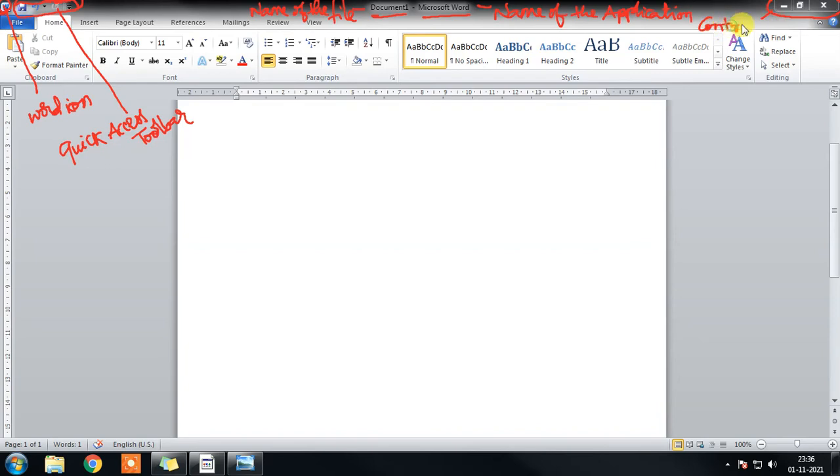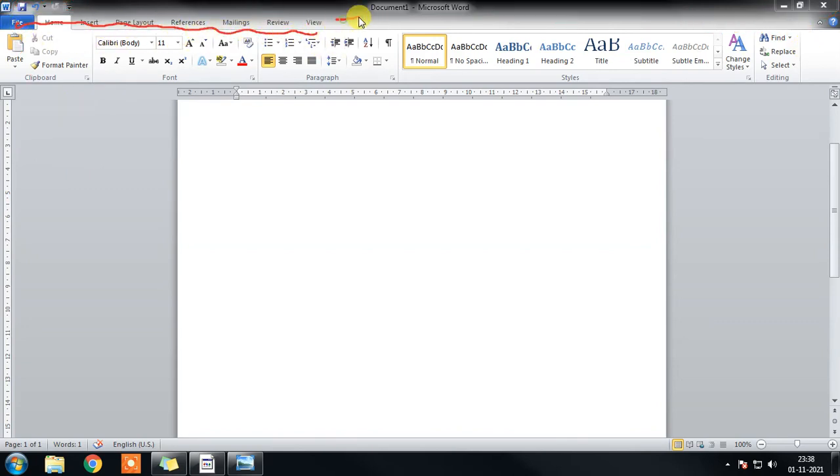And here these are called tabs, and this icon is called minimize the ribbon. This button is called help, and in the ribbon these are called groups.